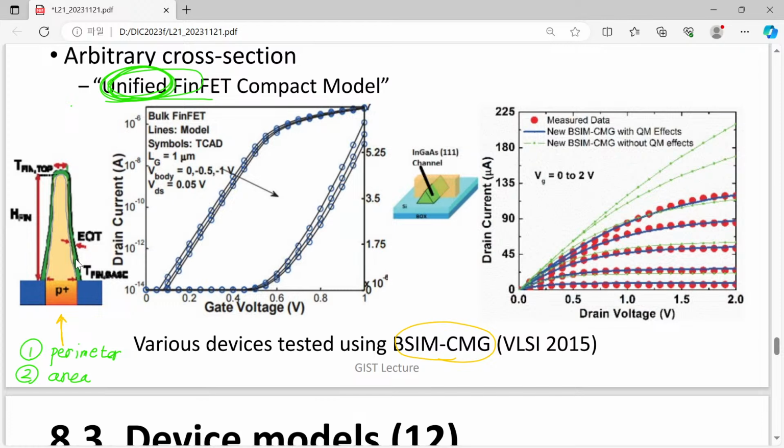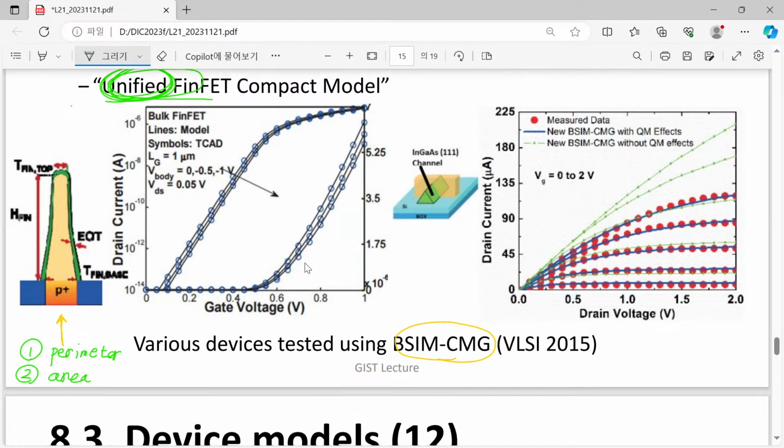Yes, if you have these two parameters, then the result is really interesting. They just took these two parameters and tried to compare their compound modeling result with a more accurate result, and it is showing really good agreement. But you know that the same model is applied to this FinFET, and the same model is applied to this